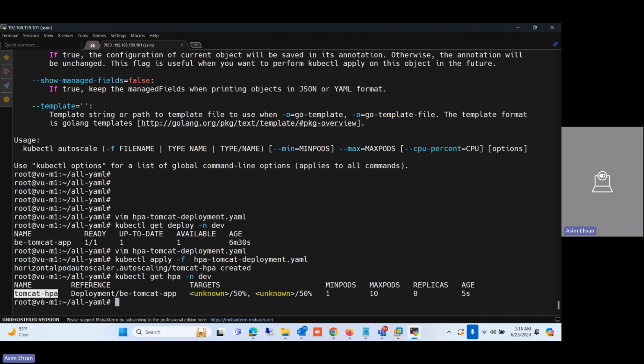So the Tomcat HPA is working on this deployment, and we set a target of 50%. Right now it's unknown, meaning the value of current CPU and RAM usage is unknown for this HPA. It will fetch the minimum and maximum number of pods, and right now the replica count is showing 0. I think it's trying to fetch the information. So let me check